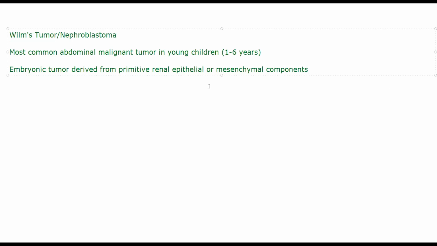Now, the pathological changes that occur with this include that the tumor is very large. It will be spherical in shape, and it will replace most of the kidney. As such, a child's kidney is very small, and whenever this tumor occurs, it will be pretty large, and it will replace most of the kidney. It will be solitary. In most of the cases, it is a unilateral tumor occurring in one of those kidneys.